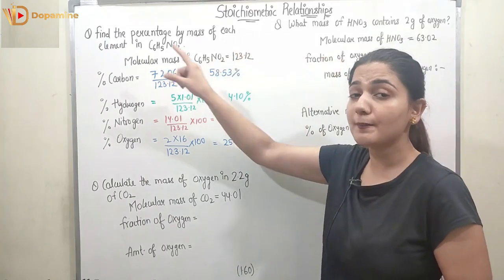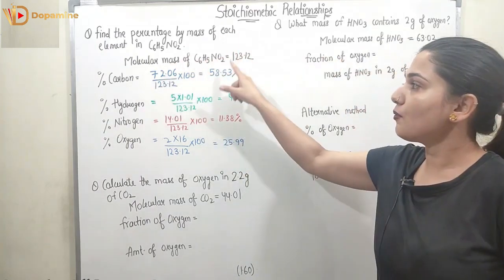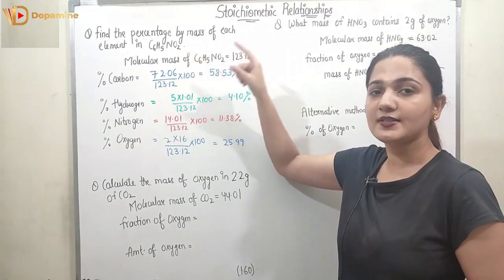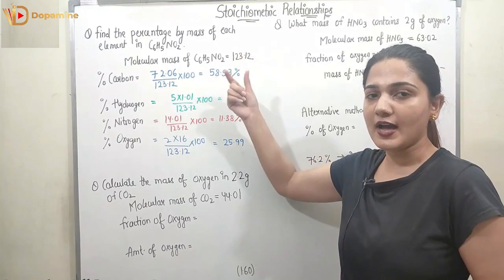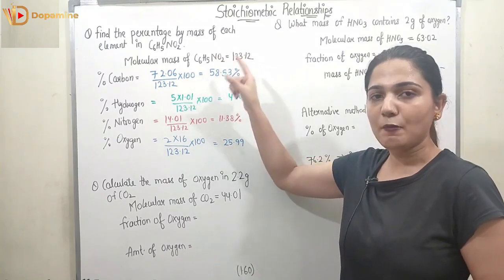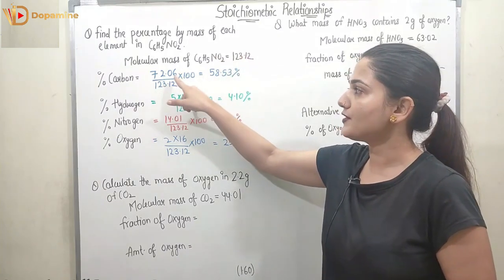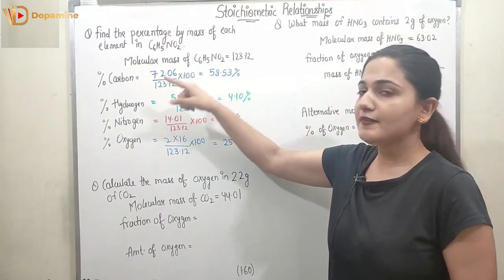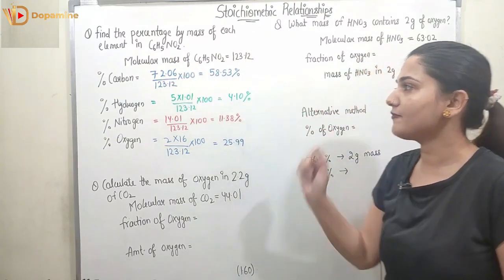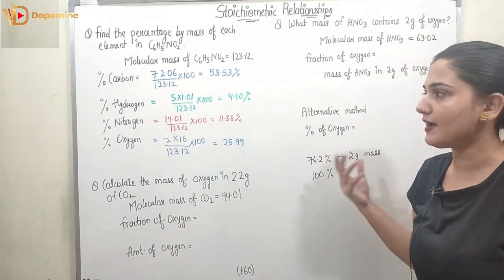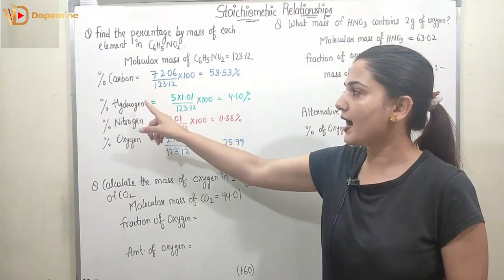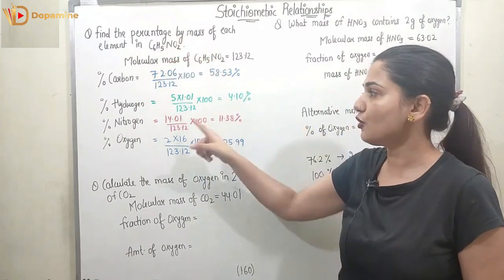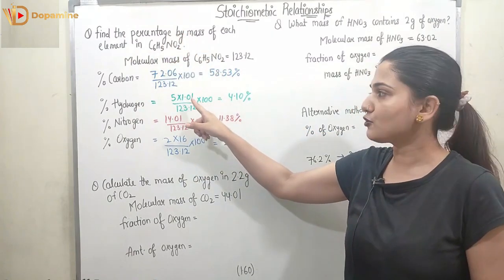Now let's find out the percentage of carbon. So what is the mass of carbon? It is 6 times the mass of carbon, that is 6 into 12.01, which is 72.06. What is the overall mass? It is 123.12, and we have to find out the percentage, so multiply it with 100, we will be getting 58.53%. Similarly, for hydrogen we have 5 atoms of hydrogen in this compound, so 5 into the mass of hydrogen, which